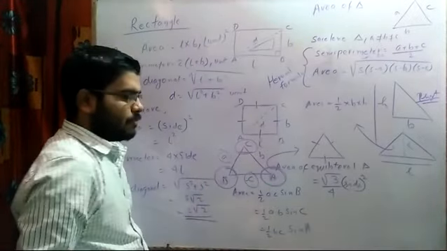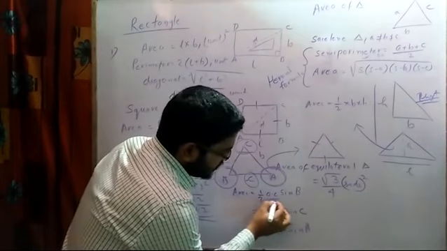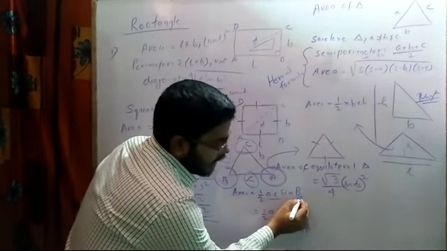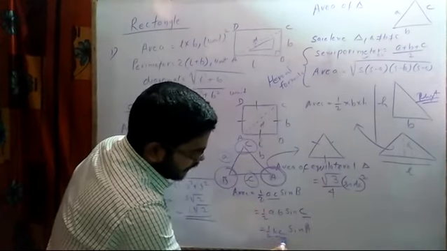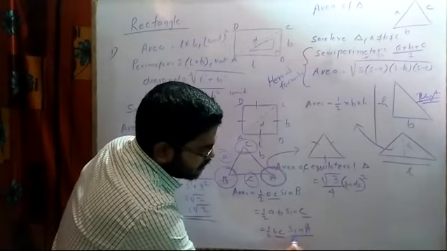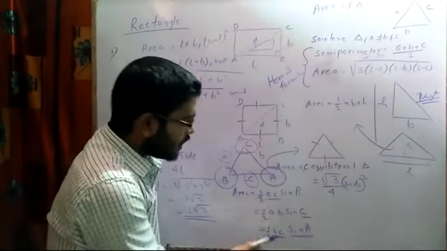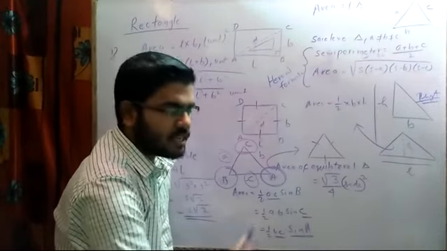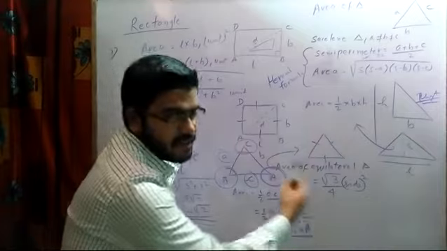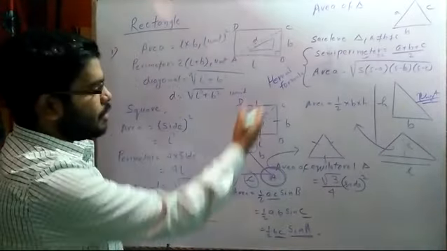This is by the method and procedure. If you want the shortcut, if you have written a and c, then b is missing, so angle B will go there. If you have taken a and b, angle C will go there. If you have taken b and c, A is missing, so you apply sine of angle A. In this way you can remember, or else write AC then sine B; if it is AB, then C is missing, so write C there; if BC is there, then I have to mention sine A. And in this way we finished our formula set.